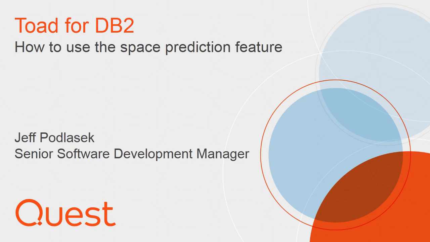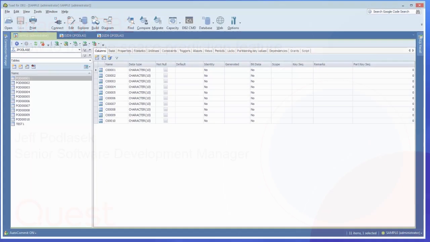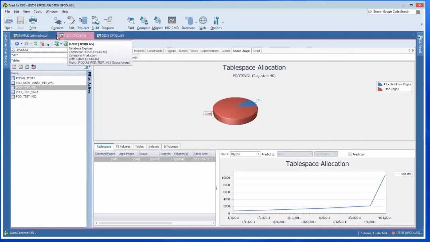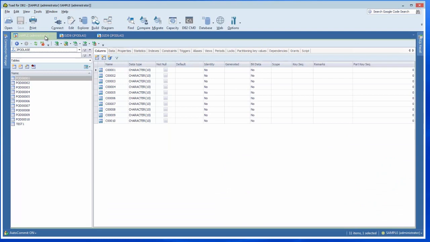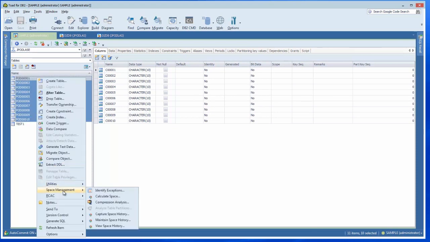Today I'm going to demonstrate some new features that we added to Toad for DB2 version 6, in particular the space prediction features for DB2 LUW and DB2 for z/OS. I've got Toad up and running, and I've got several database explorers open. This first one here is connected to a DB2 LUW database, and these next two are connected to a DB2 z/OS subsystem. On this first tab for DB2 LUW, I'm going to select multiple tables, right-click, and select Space Management,